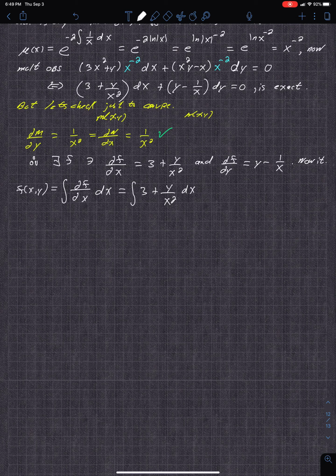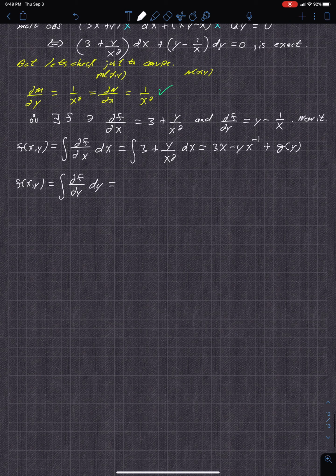All right. So that's equal to 3x minus y, x to the negative 1, and then you say plus an integrating constant, or just in terms of y. And then we also calculate, or we do this again, f of x, y is equal to the integral of partial f, partial y dy, which is equal to